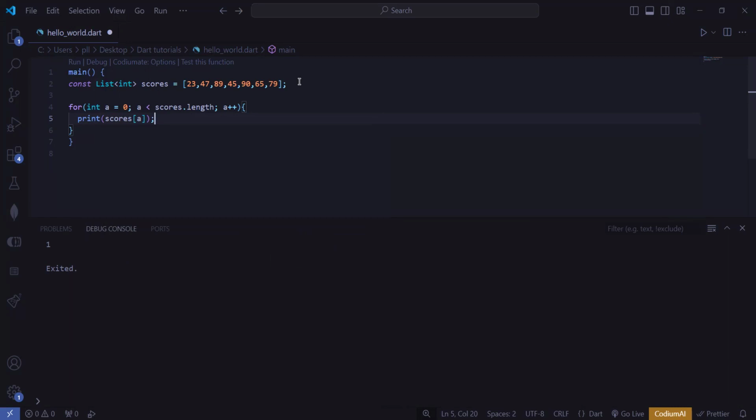Okay, when you look at this, look at the keyword for. We now have, inside this parenthesis, two semicolons. And you know that a semicolon denotes the end of a statement, okay? So inside this parenthesis, we have